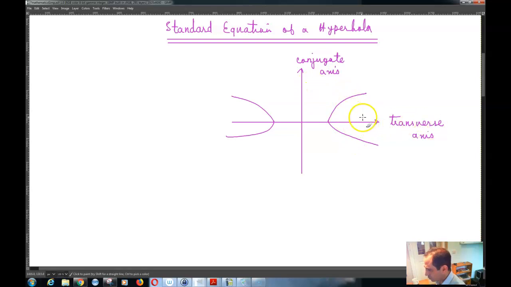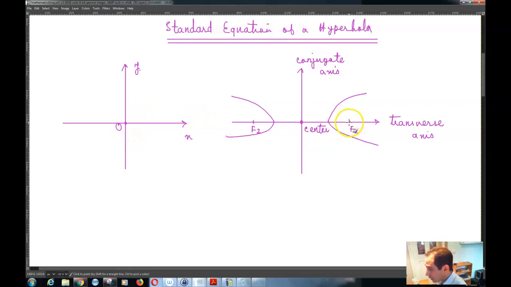Of course, you know that the transverse axis is always the axis that goes through the foci. The other axis, which is perpendicular to that axis, is called the conjugate axis. And this point over here is called the center of the hyperbola. Now, if this center is at the origin O of our coordinate system, let's say this is the coordinate system XY,